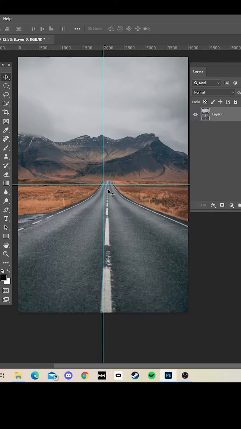Create a floating glass sphere effect in Photoshop. I've got a picture of a road, as you can see. I've just dragged on some guidelines just under where the centre is. I've just created a new layer, then I'm going to choose the elliptical marquee tool, and from the centre draw